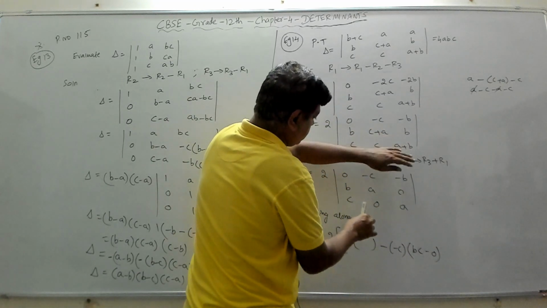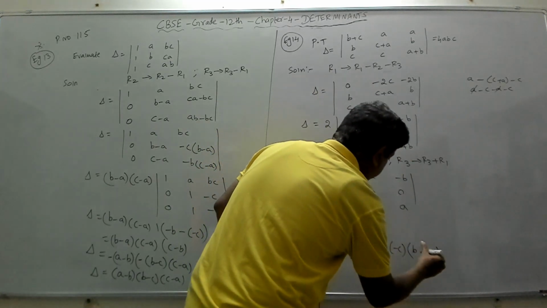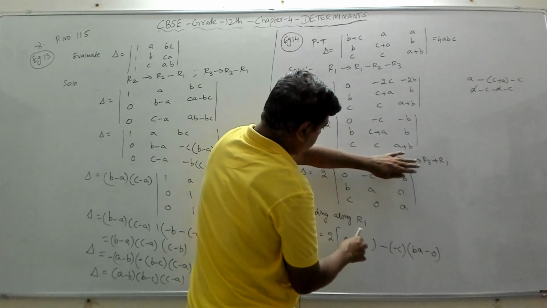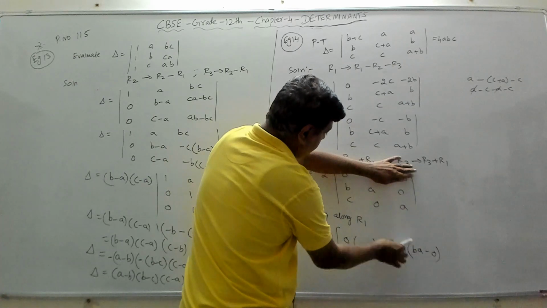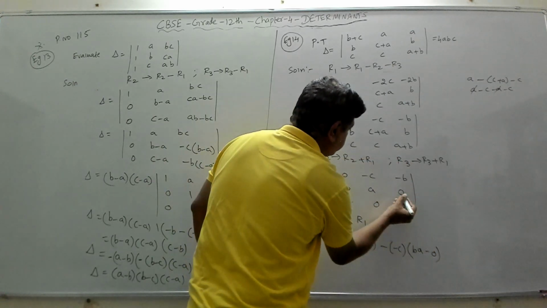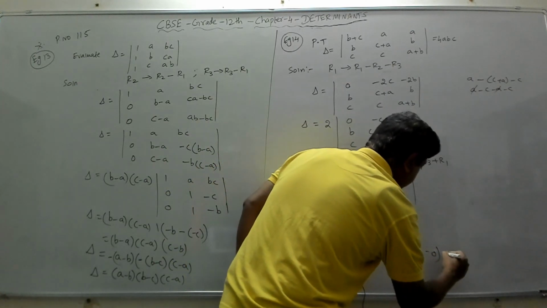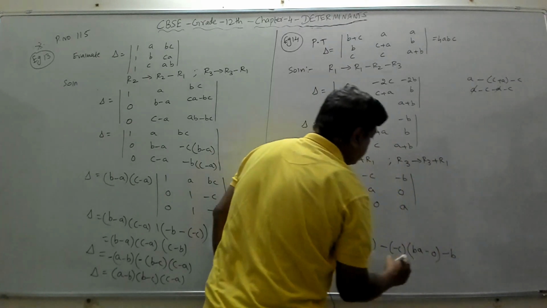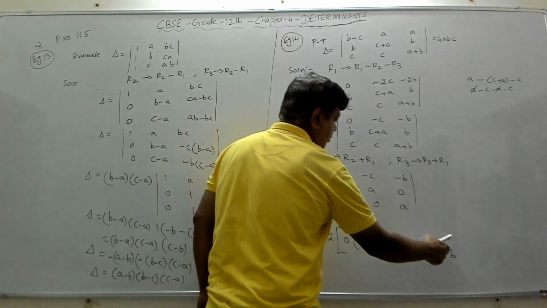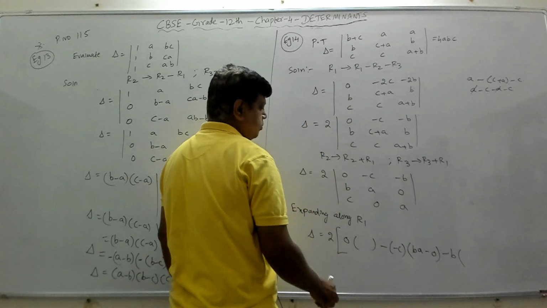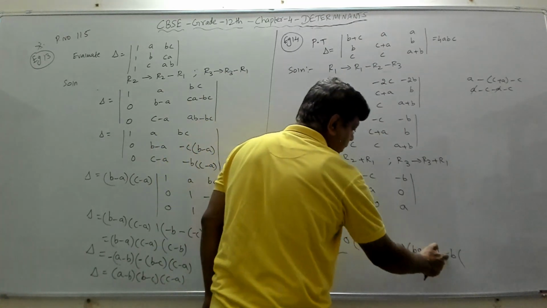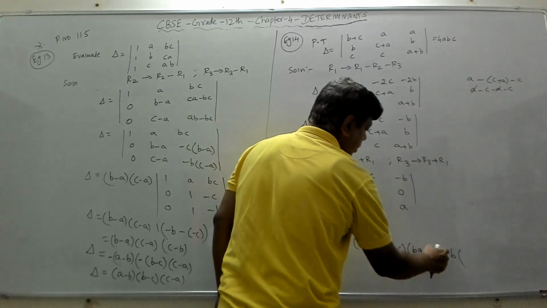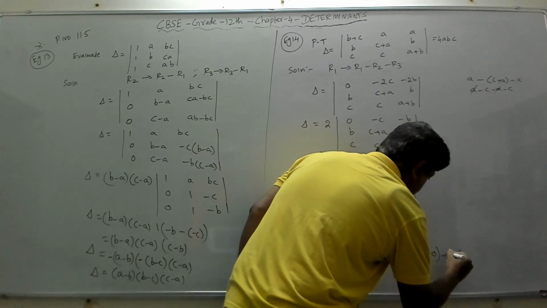I have to close these two. So B into A is BA, right? If I close this element, I should cancel this particular row and this particular column. So B into A, BA, C into 0, 0. Then minus B. It is plus, but this minus B is there, so observe this. First this will be plus, then minus, then plus. But here minus B is there, so I am putting plus minus B.